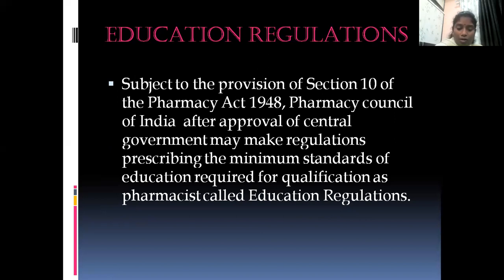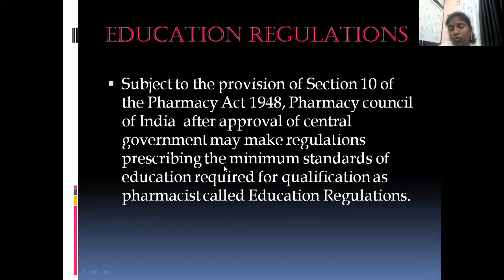For example, for D Pharmacy, the minimum qualification is 10th pass. For B Pharmacy, the minimum qualification is intermediate, and they should pass the MSET exam. For M Pharmacy, he should have graduated with a Bachelor of Pharmacy, then only he can pursue the M Pharmacy subject. Like for Pharm D, the minimum qualification is through the NEET exam, like the MSET, and ranks should be present.